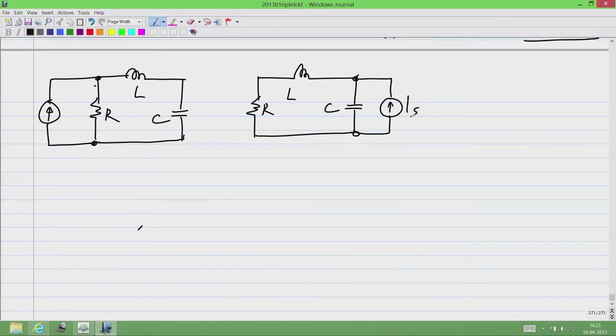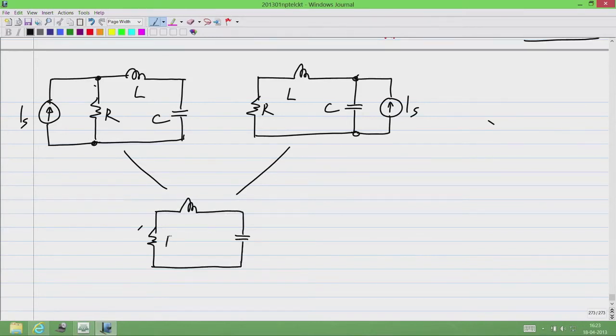If you null the source Is, these two look different from each other, but when you null the source, you will simply get R, L and C in series. Okay. So, these are basically series RLC